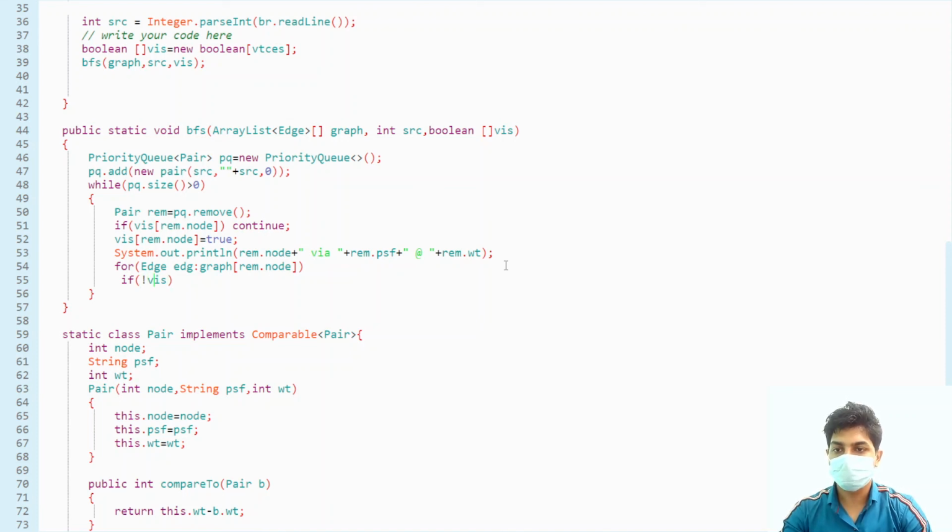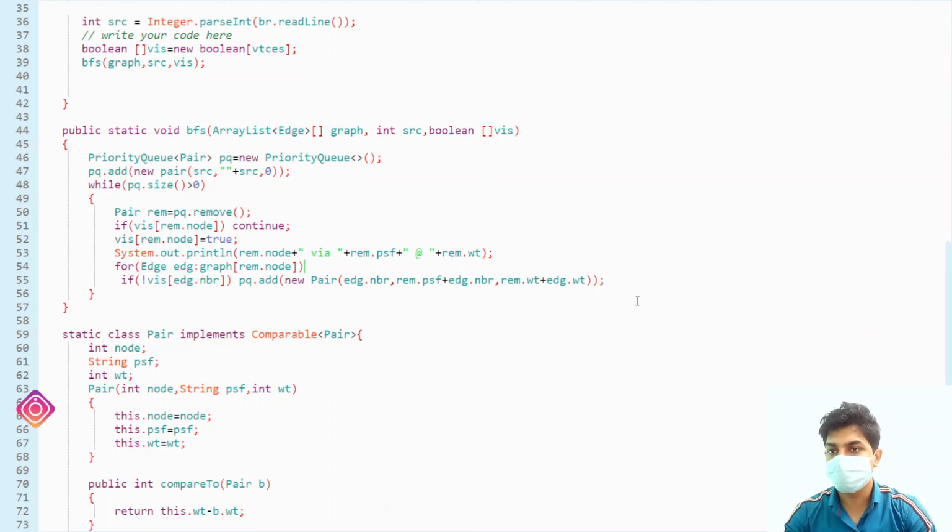If the neighbor node is not visited, then we will add it to our priority queue dot add new pair of edge dot neighbor, and the path will be whatever path we have, that is remaining dot path so far plus edge dot neighbor, and the weight will be remaining dot weight plus edge dot weight, whatever is the weight for this edge. Once we are done, our work is done.